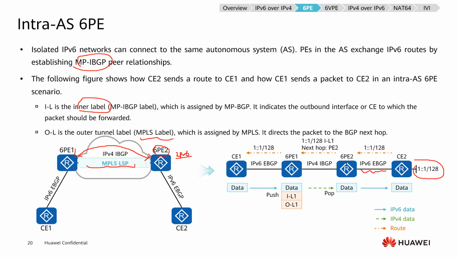And when 6PE2 receives this route, it will change the next hop of the IPv6 route to itself, and will assign an inner label to the IPv6 route, and the inner label is assigned by MP-BGP. And then 6PE2 sends this labeled IPv6 route to 6PE1,